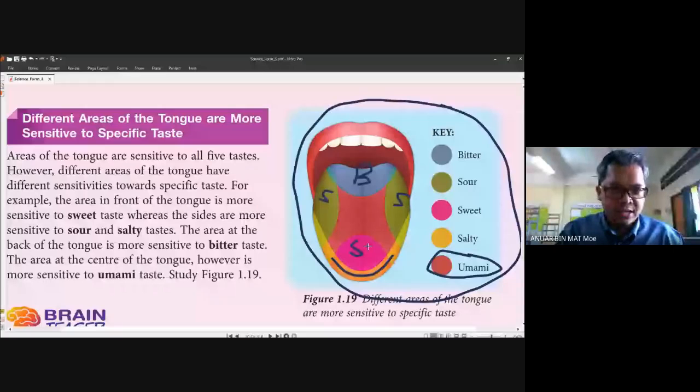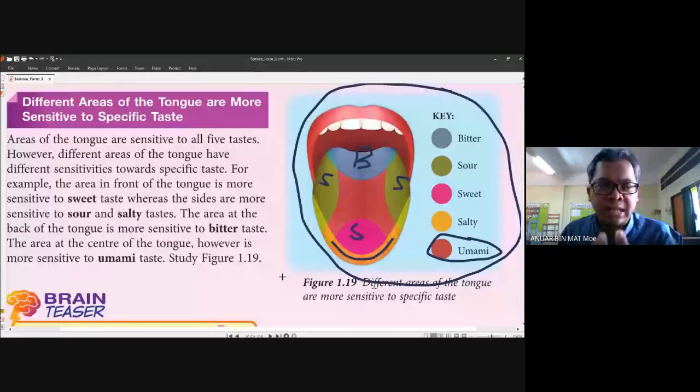Okay, boleh ya? This is how we taste the food, how we taste the chemical substance inside our mouth, to be detected by our tongue, right? Ini pun kena ingat juga ni. Okay, so this one I think the last topic for today. Combination of the sense of taste and smell, related or not related? Taste and smell working together.